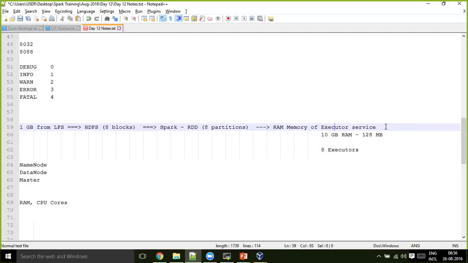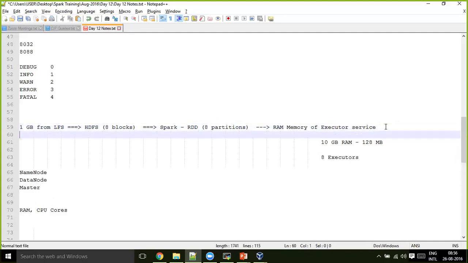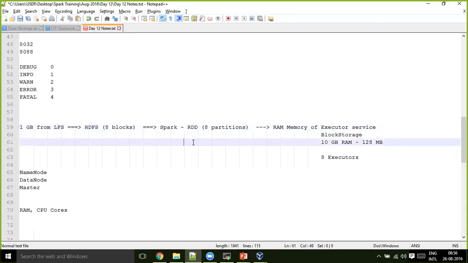So inside the executor services, there is a component called block manager, or block storage or something. It is responsible for storing this partition into the RAM memory of your executor. And from your Spark context, it's the block manager.